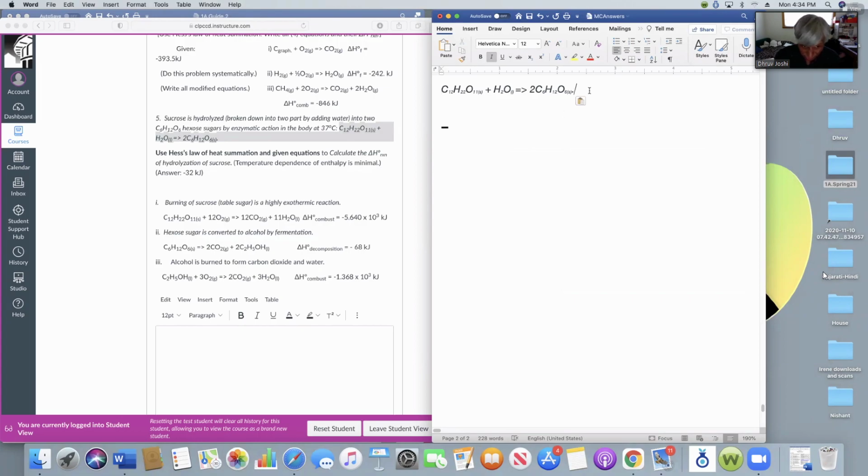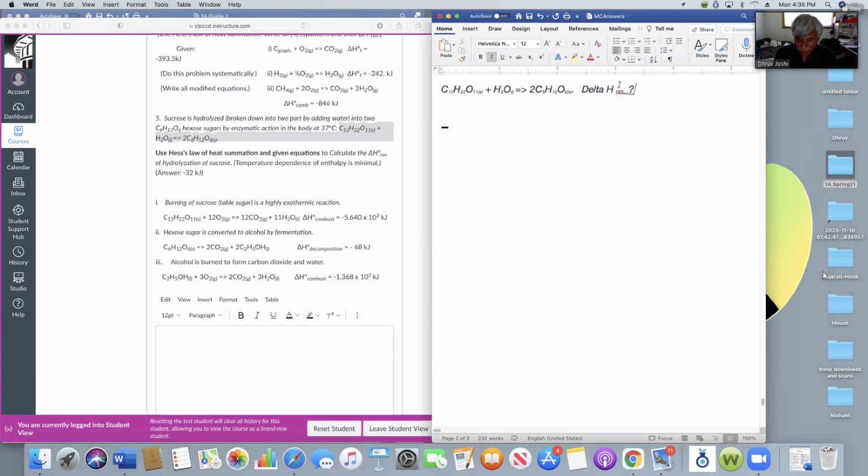So what is the delta H? We want to find the delta H reaction for this. So we are going to manipulate these 3 equations